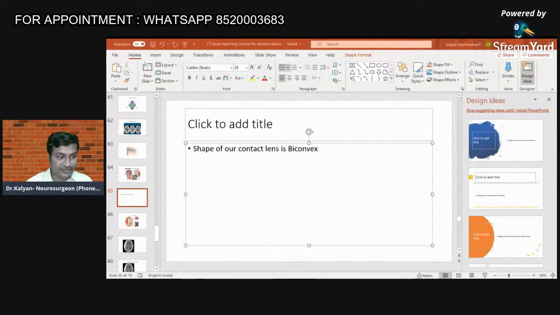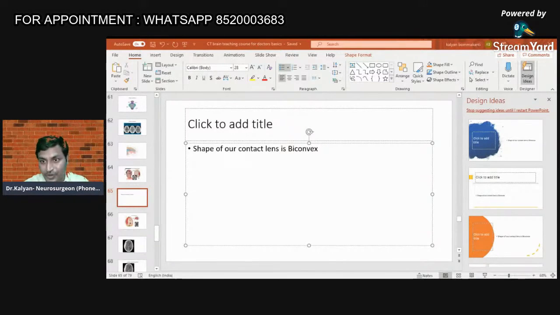So let us take a curve. So I have taken this curve. This curve has two surfaces, right? The surface which is bulging, the one on my left side, is known as a convex surface. The one which is inside is known as the concave surface. So when you take this curve, the one inside the curve is the concave surface, and the one outside is the convex surface.